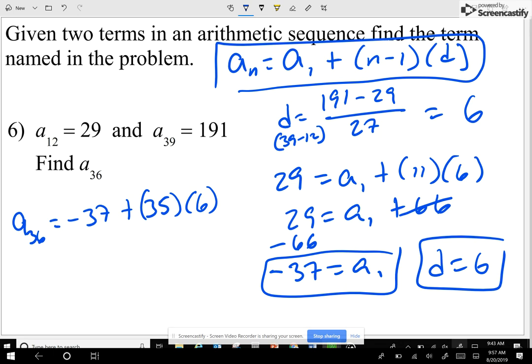35 times 6. So let's check 35 times 6. All right, we're going to do the multiplication first. 35 times 6 is 210. So I have negative 37 plus 210, which gives me